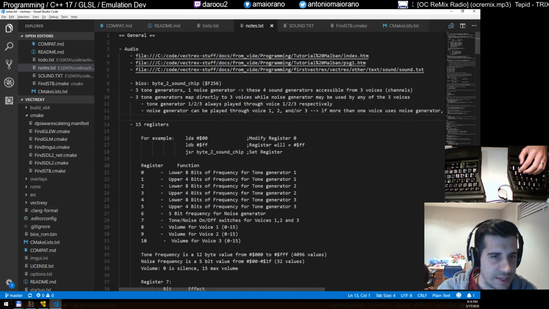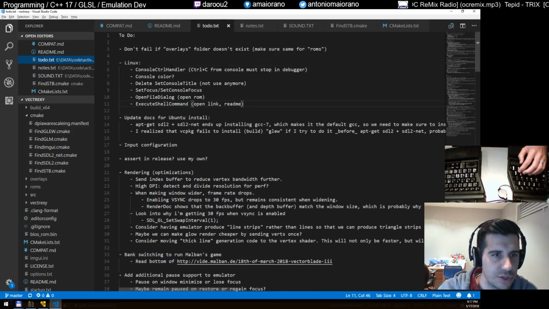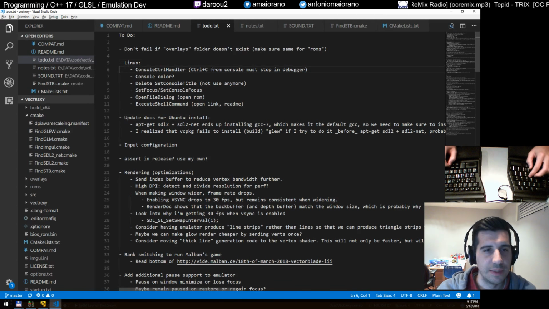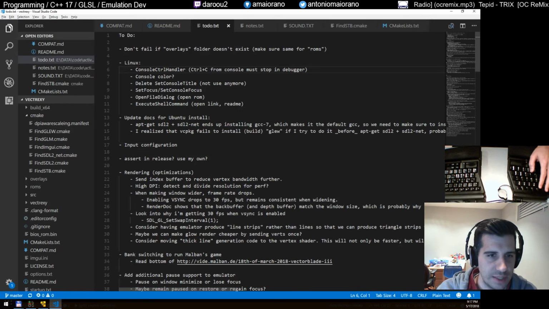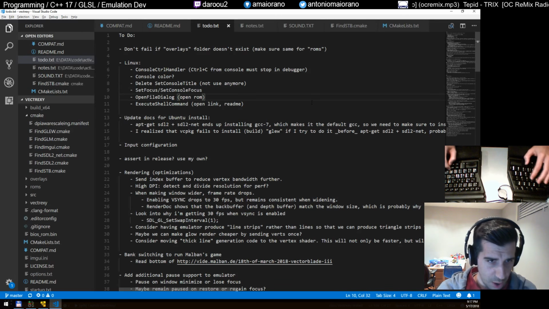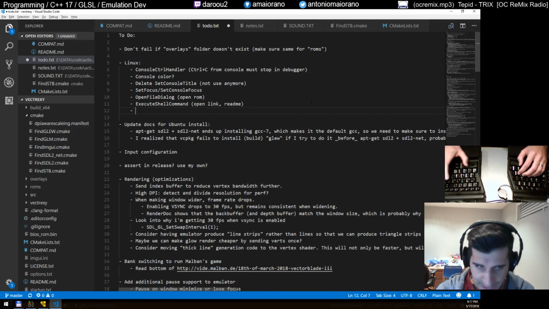This is actually not running inside the emulator, the virtualized environment, but I wanted to put it here in the to-do. So I have a list of stuff that I want to work on starting tonight. For Linux support, I wrote console control handler, that's the Control-C. Console color maybe. Delete set console title, I don't need this. Set console focus. I want to get that working. Open file dialog. Execute shell command. And let's put here